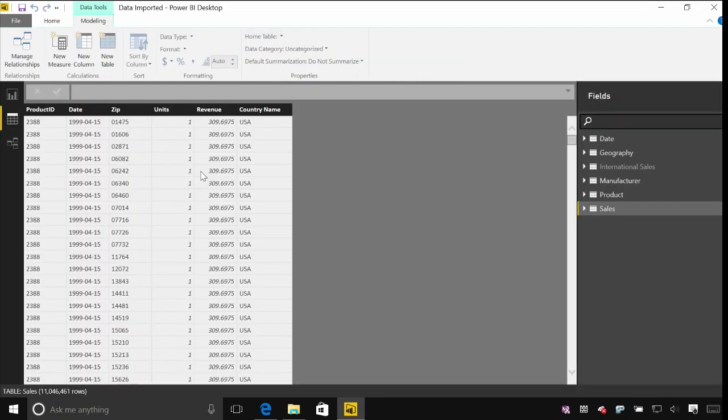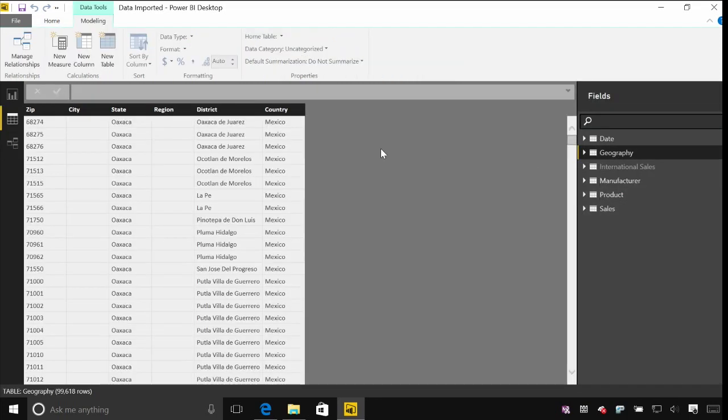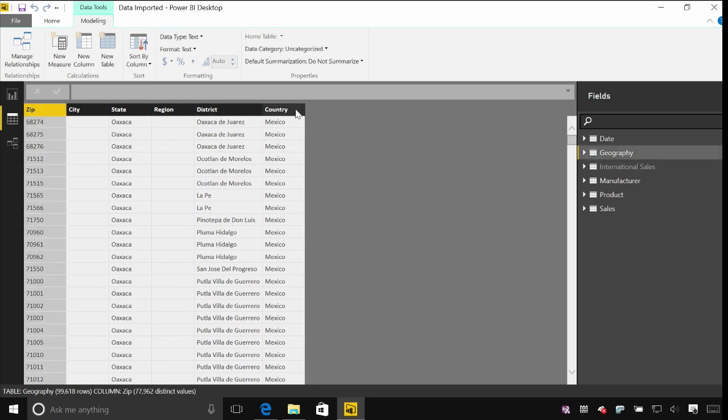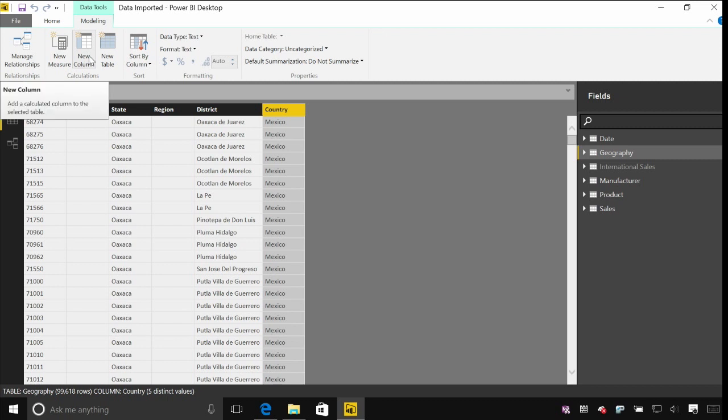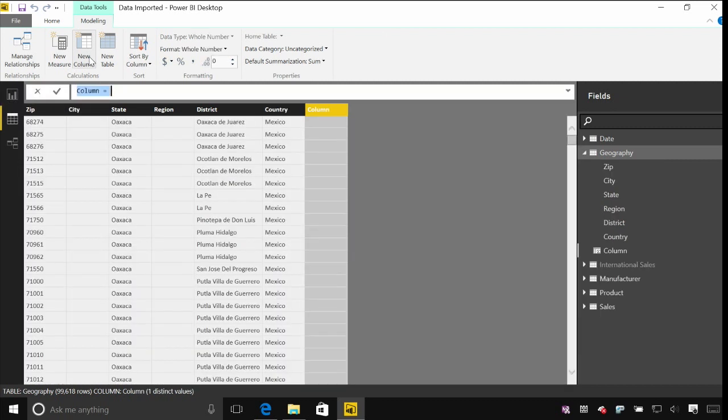So let's come to my data view and find my geography table. And it's the zip code and country that I want to combine. So I can come up to the modelling tab and click this new column button. This gives me a formula bar where I can start typing. And the language that I'm using here is called DAX, Data Analysis Expressions. It's a really powerful language, lots and lots of different functions, and this editor actually helps you a lot as well. It gives you a lot of IntelliSense and a lot of suggestions as to new functions that you could